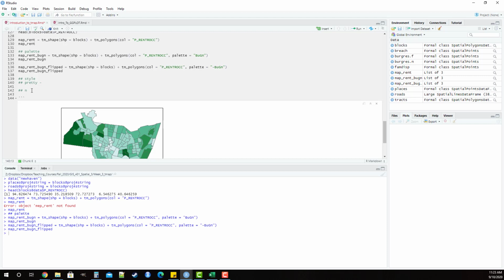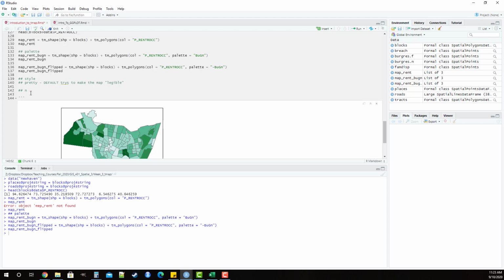Now pretty is the default, so let's make sure that we make a note of that. Pretty is the default. And what pretty does is it tries to make the map, and I'm putting quotes here, legible. This is their term. So what this means is that the default value pretty for style is actually going to ignore anything we say about the number of classes, and it's going to do its best to make the map look as good as